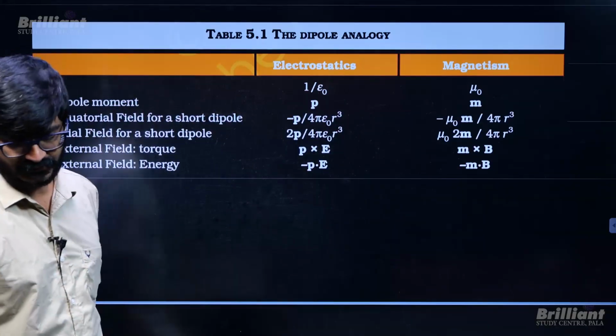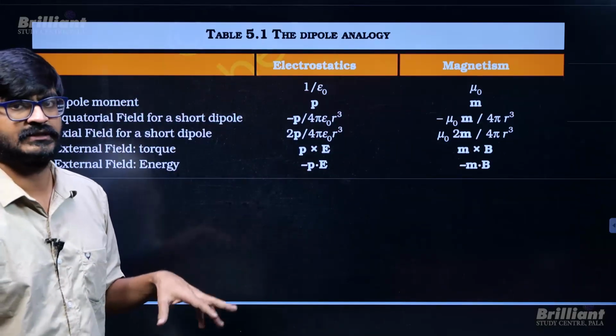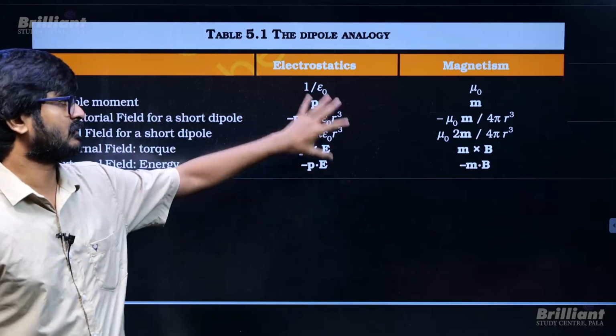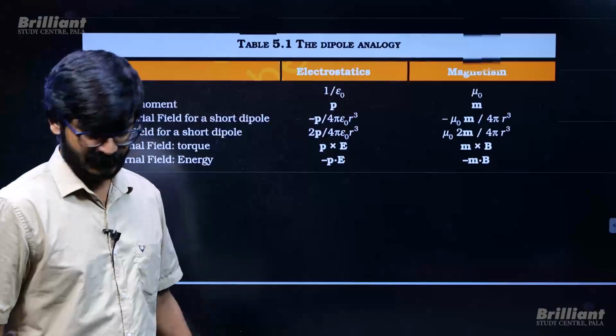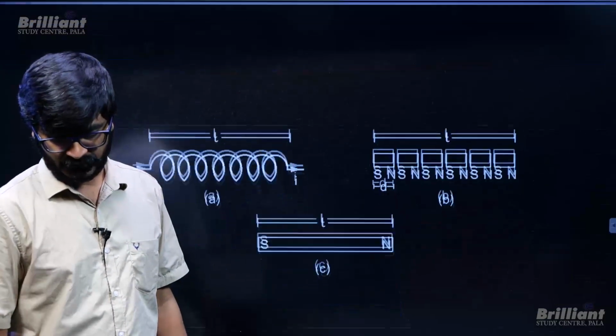So that's the analogy. Once you understand the analogy, whenever you get a question, you can just go with the analogy of electrostatics and you can solve the question, right? Where m is magnetic dipole moment here. So if there is a solenoid,